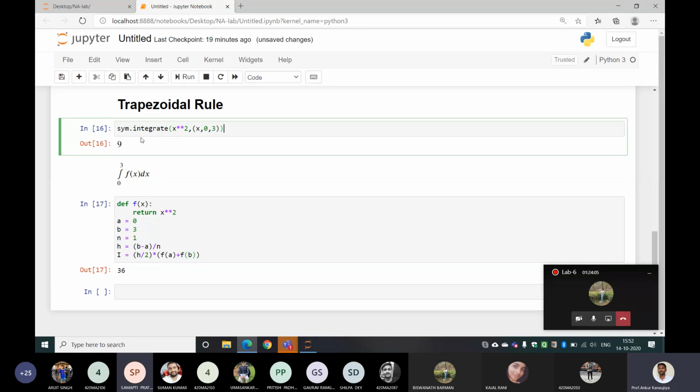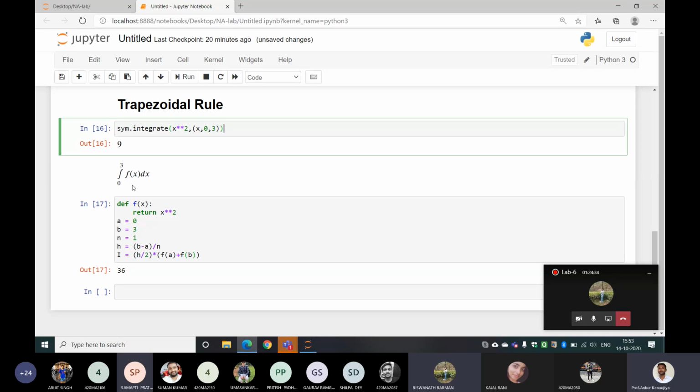I already explained integration before I started this. Symbolically, integration 0 to 3 f of x dx, this one, you cannot write in Python. You can write it in LaTeX. If you know LaTeX, you can write this. So I wrote it here in LaTeX. This Jupyter notebook supports LaTeX also. That's why I'm able to write this. So for that you have to learn LaTeX.